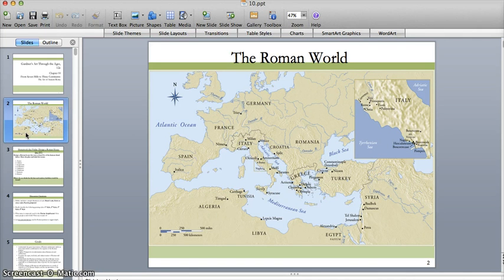But if you have time on your own, it really tells you a lot about the history of ancient Rome, which will help you understand the artwork a lot better. So I encourage you to do that. But anyway, the Roman Empire was gigantic. At its height, it contained more than 60 million people. So very powerful empire. And the main themes here, because we always have main themes that we need to keep in mind,